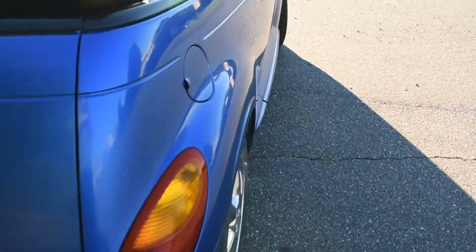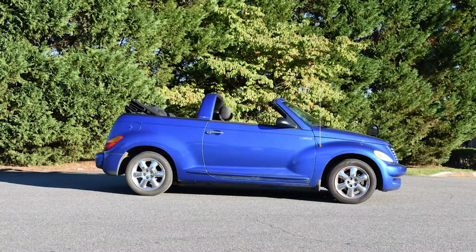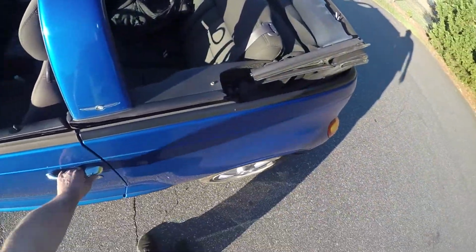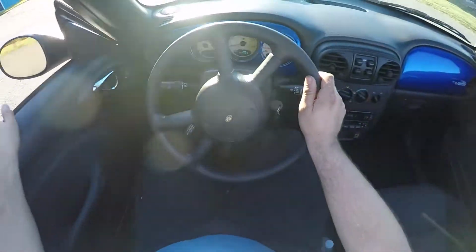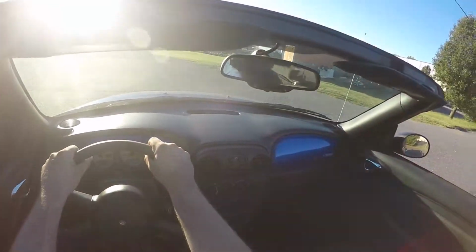Closely following the top of the hood line, there's a single body line at the top until you get to the rear. Between that straight line and the sports bar, it gives the PT Cruiser convertible almost a picnic basket appearance. This is certainly a frumpy looking car, but underneath its looks, the convertible gives you more over the already frumpy looking hatch. For whatever reason I had in my head that all convertibles were standard with the Turbo 4,